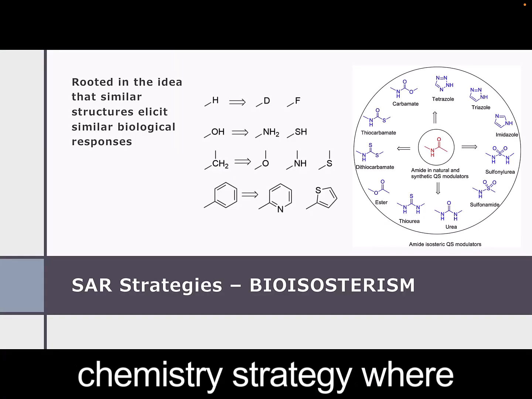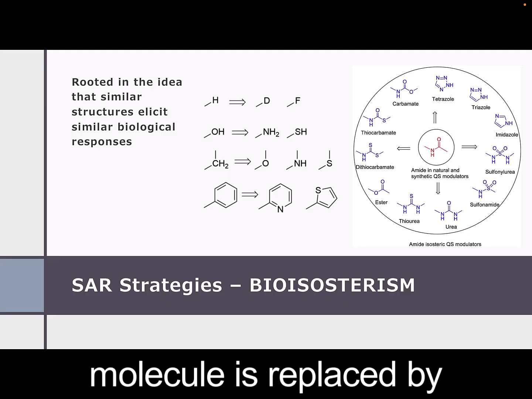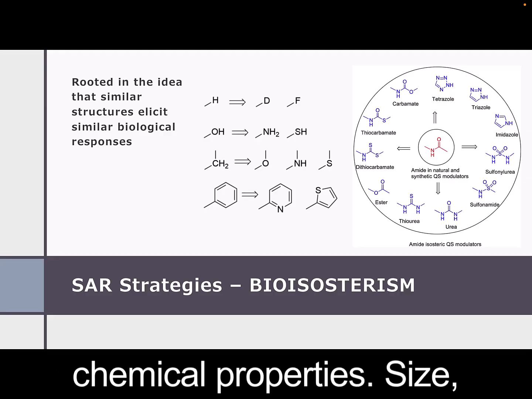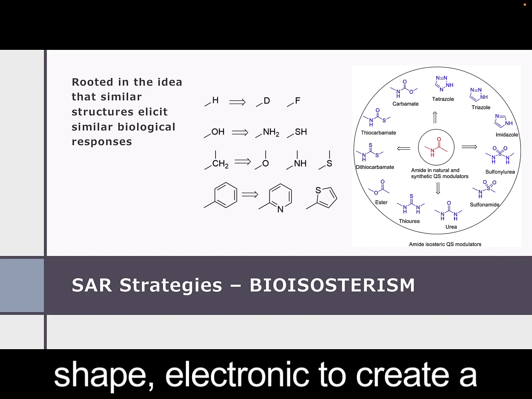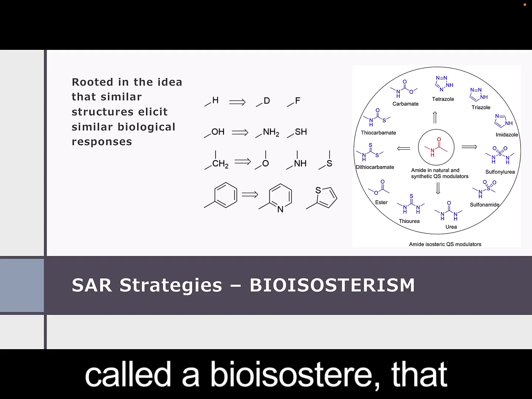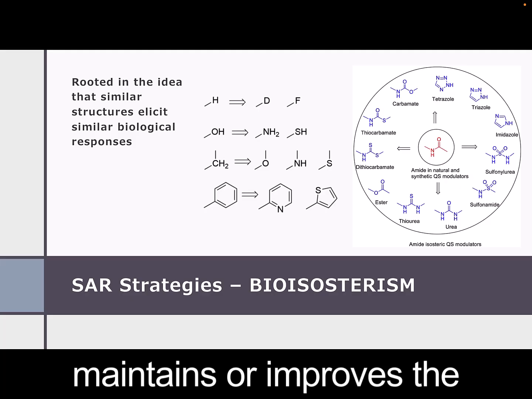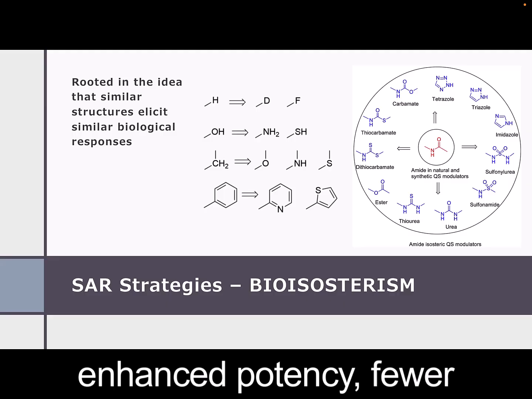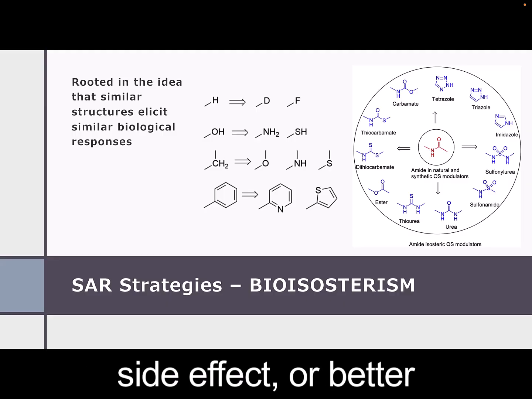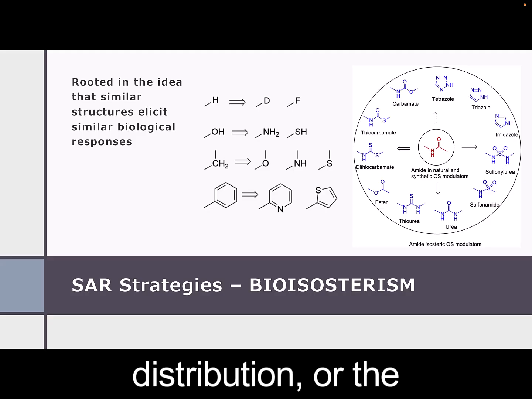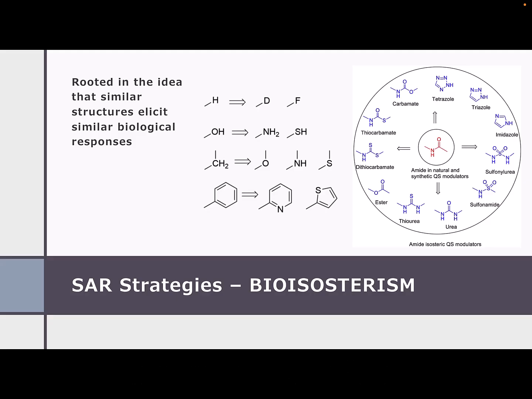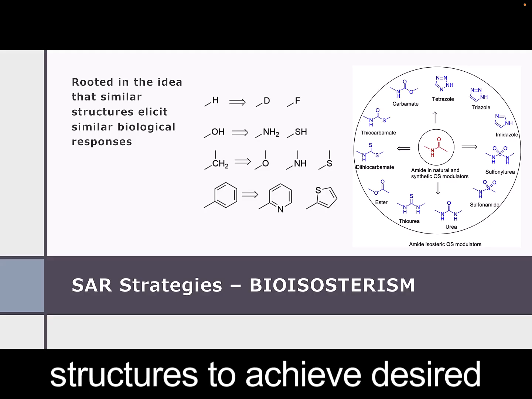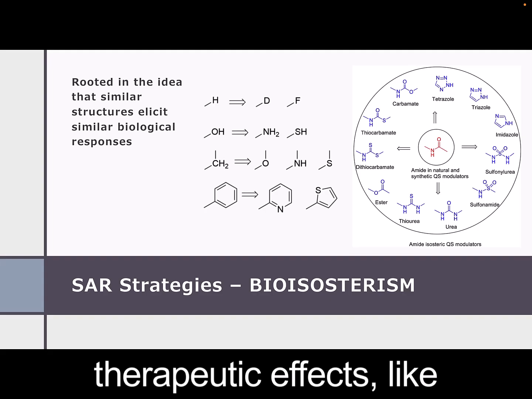Bioisosterism is a medicinal chemistry strategy where one atom or group in a molecule is replaced by another with similar physical chemical properties, size, shape, electronics, to create a new compound called a bioisostere that maintains or improves the original biological activity, leading to better drugs with enhanced potency, fewer side effects, or better absorption, metabolism, and distribution, or the pharmacokinetics. It's a fundamental tool for optimizing drug candidates by strategically tweaking structures to achieve desired therapeutic effects, like reducing